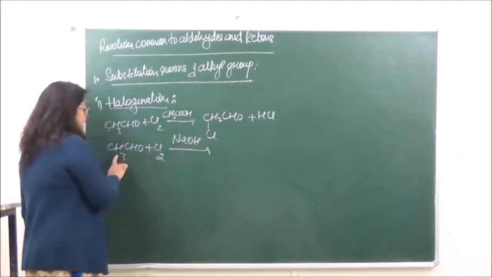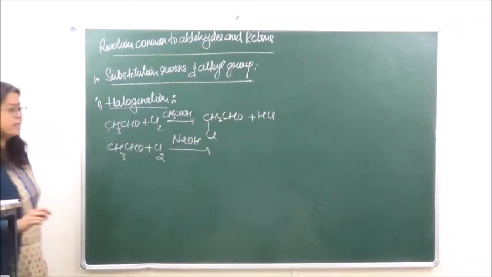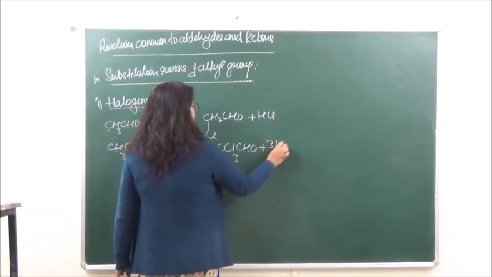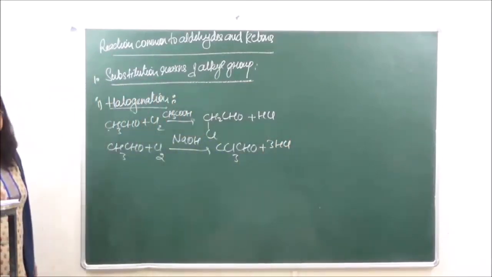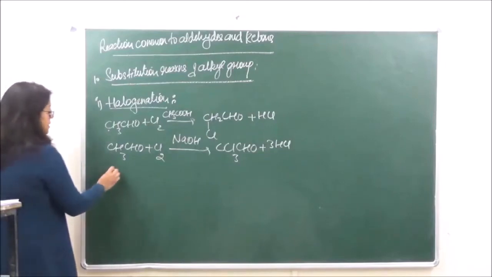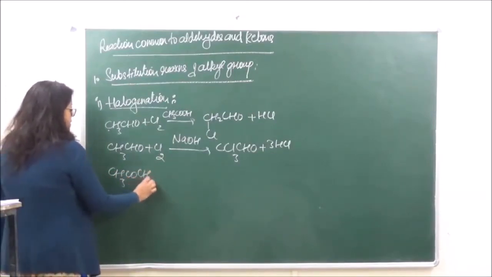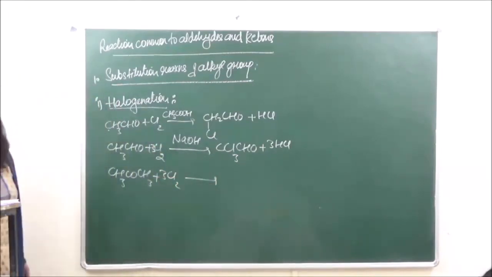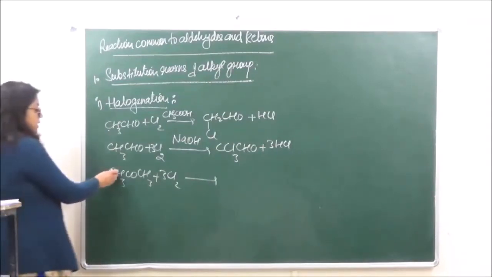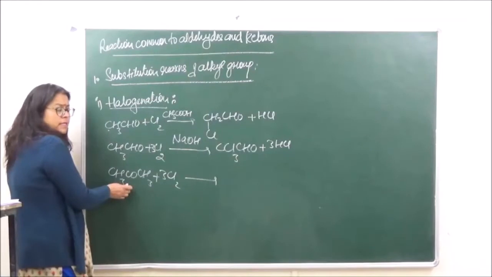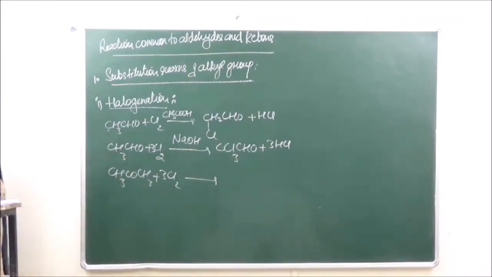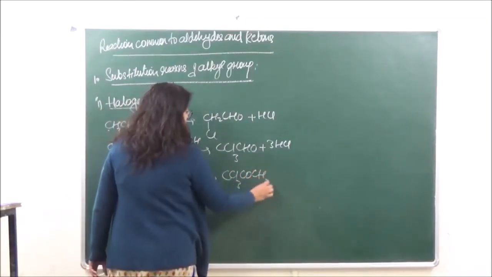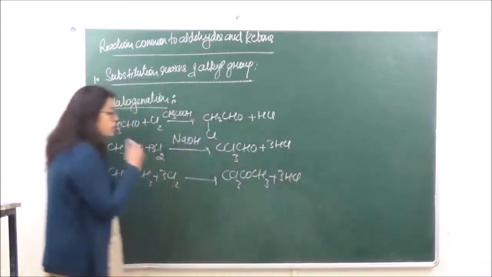We will see that all the three hydrogens over here are going to be substituted such that we get CCl3CHO plus 3HCl, right? And if we're taking a ketone over here, again taking excess of chlorine, then one of the carbons, as you can see there are two alpha carbons over here, so there are 6 alpha hydrogens. One of the carbons can be easily substituted first, so we can get a compound like that, CCl3COCH3.